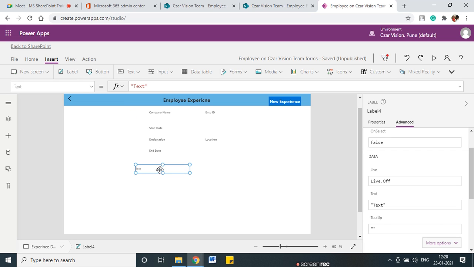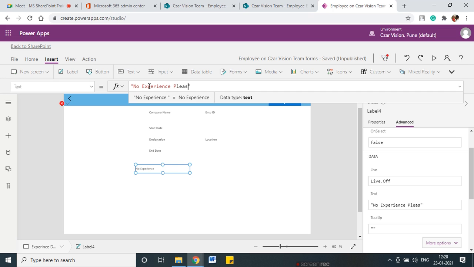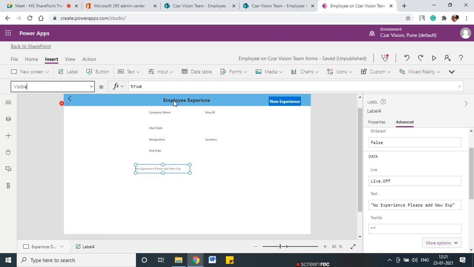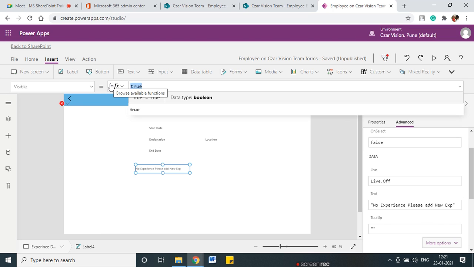The text on that label is: no experience, please add new experience. This message we are giving. This message needs to be visible when there is no item. So on that visibility I'll say if